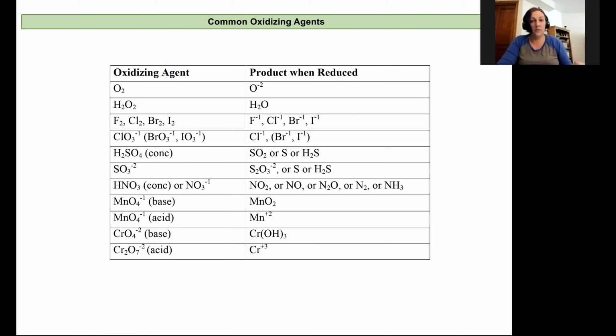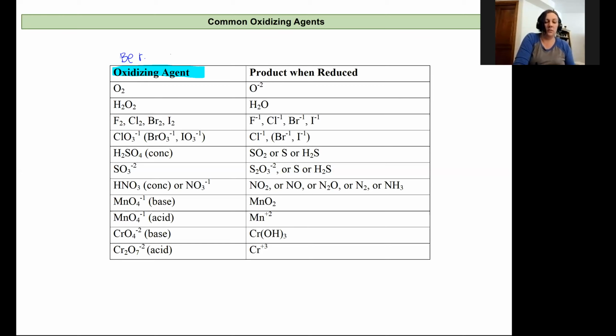Before reviewing how to balance redox reactions, I want to point out a few common oxidizing and reducing agents. And this is really just so you're building up a little bit of chemical intuition. I don't expect anyone to memorize this, but it can also be a handy reference when you're working on practice problems later. So here are our common oxidizing agents, and then on the right-hand side, it shows what they are oxidized to, or sorry, reduced to. So that oxidizing agent means it's going to oxidize something else. And so that means it will be